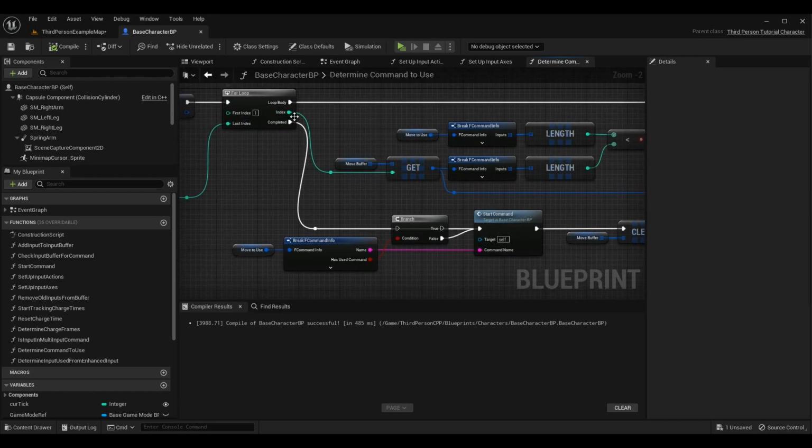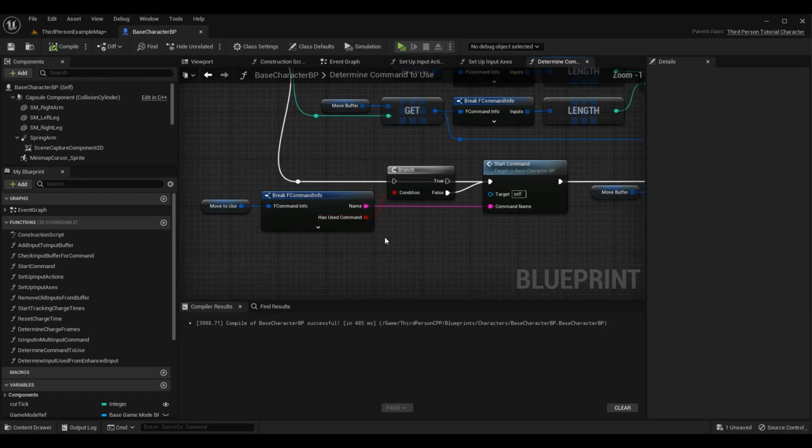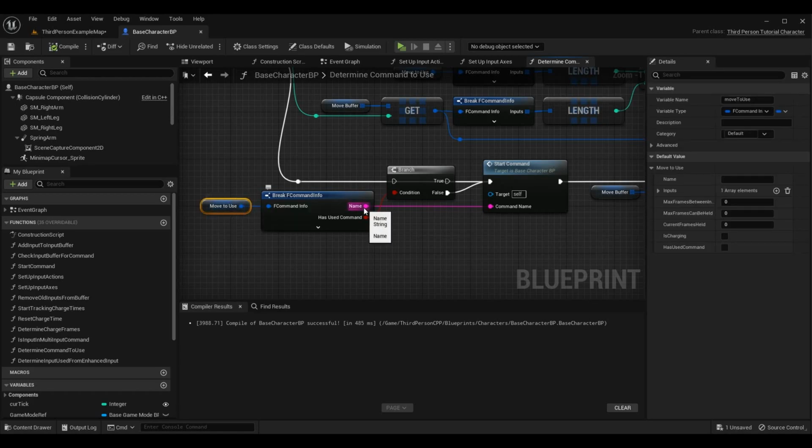Once this is done, on completed of the for loop in here, we were using the move to use variable that we set up and passing the name into start command. We were only doing this if has used command is false, so if we haven't already used the command. This will actually stop us from ever using the command if has used command is true, which seems like what we'd want because we don't want to use it to interrupt ourselves, but actually the animation blueprint will take care